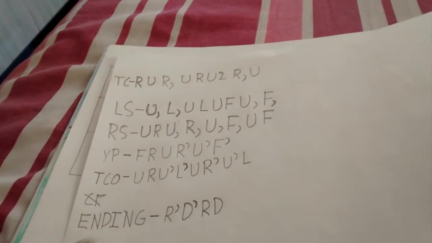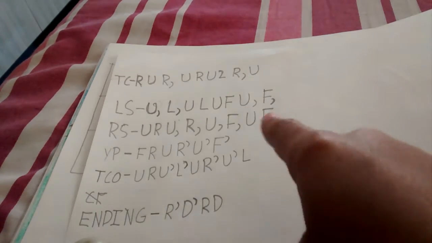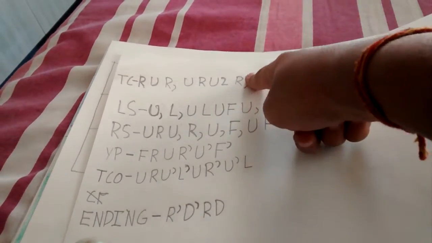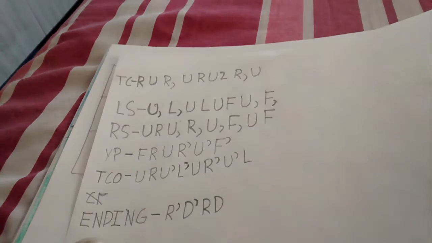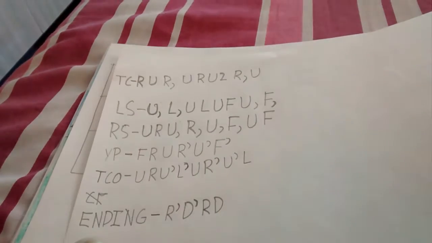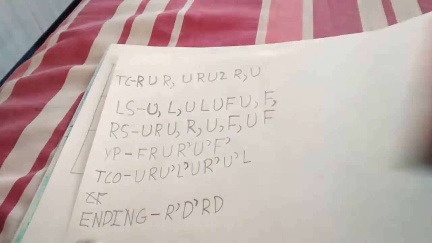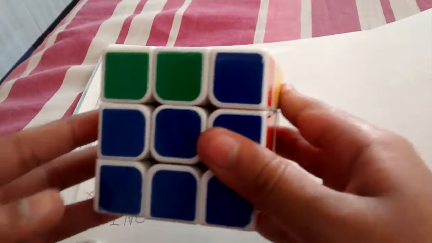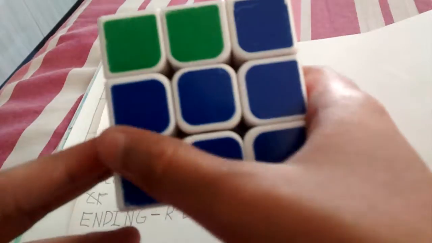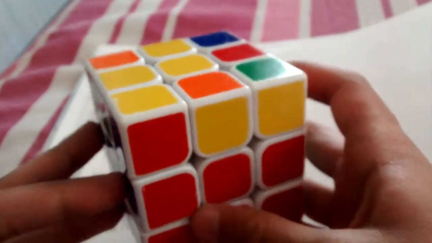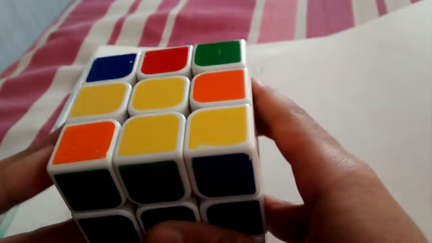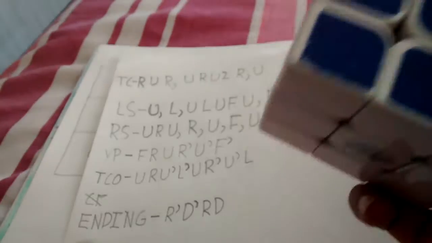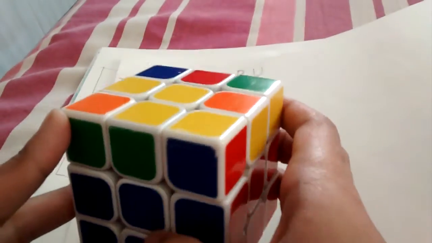So these are the formulas. I know you have written them in my last video. These three are the new formulas for solving it. Let's start. Like in the last video, we completed up to the second layer, and white also in part 2. So today I am going to do the third layer.